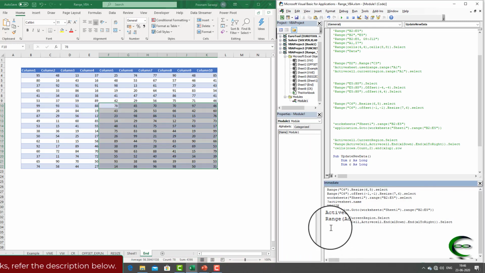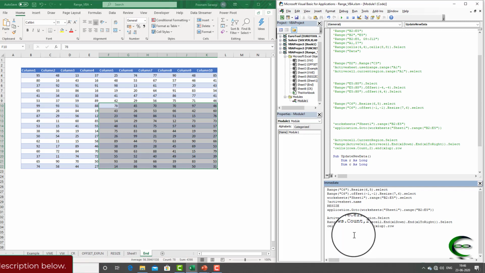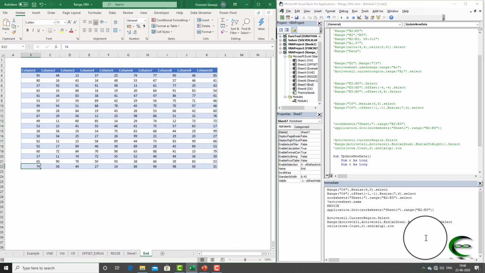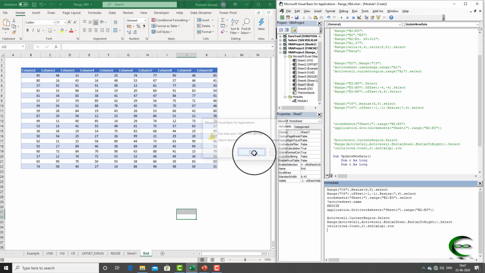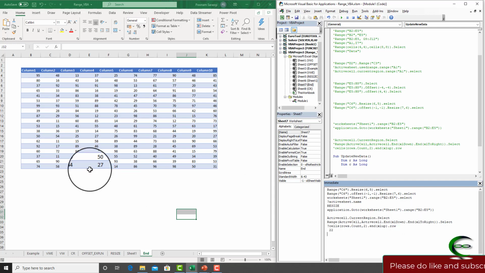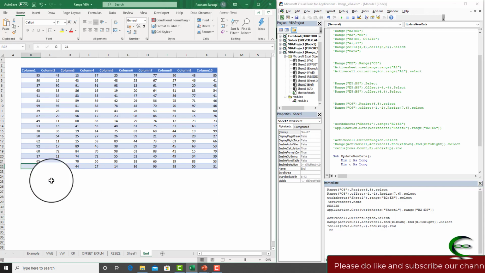How to select the last row in Excel? What I am doing with this code, sales rows: Rows means the number of rows in Excel, Rows.Count, comma 2. I am going to the last row in column 2, then I am moving upward and selecting the first cell with some data. See what happened. Sorry, I have not used select, so either I have to use a message box or question mark or the Print method. It will tell me the 22nd row is the last row.